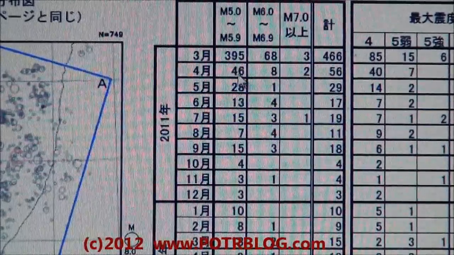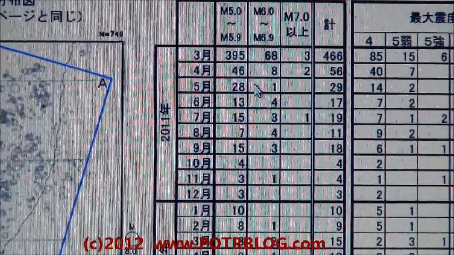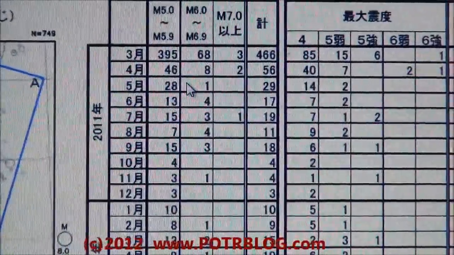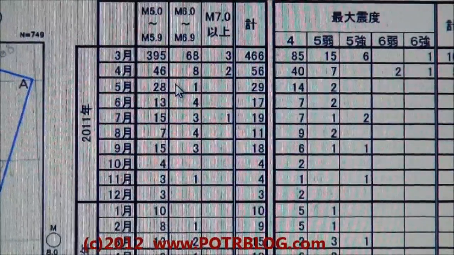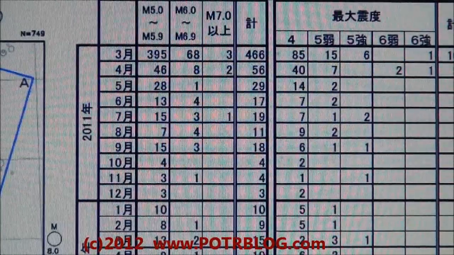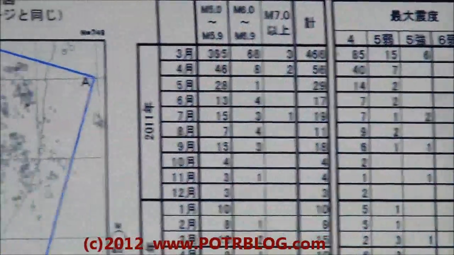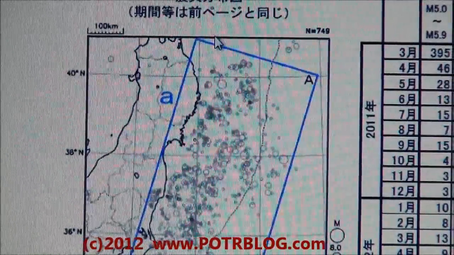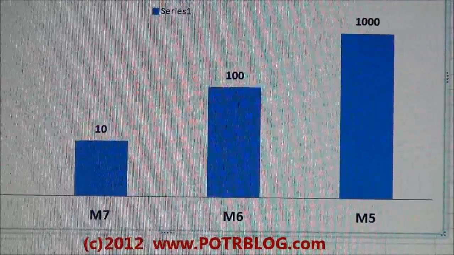So what we did is we actually took USA-based data, done by ANSS, and we'll have a link to them on the web page too, where you can pull your own earthquake data. We pulled the earthquake data from this general region and threw it in an Excel chart. And what we'll see here is